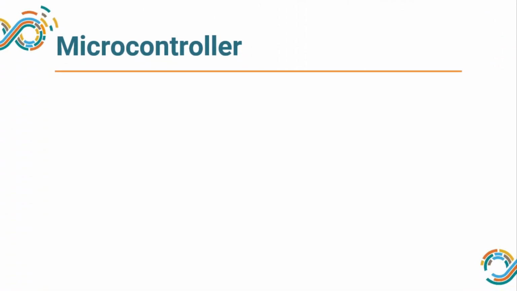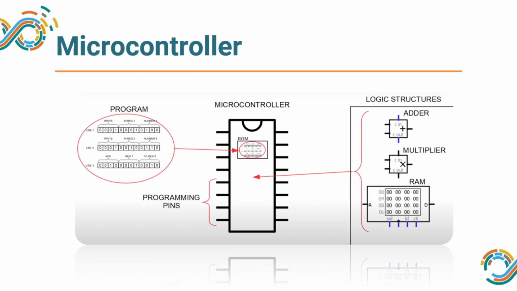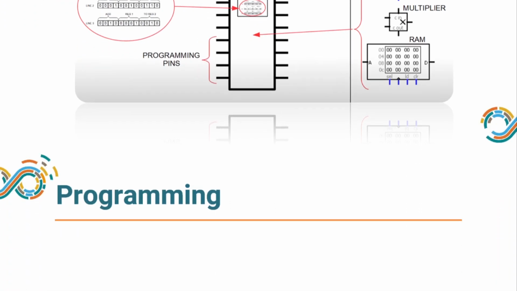So what is inside a microcontroller? The same logic structures that we have already designed come as the computing unit and storage unit inside the microcontroller. A program will come in the form of instructions from input pins. These logic structures will compute, will process those statements and generate the output, and with the help of output pins we can visualize the output processed by the microcontroller. Let us look at the programming part in a little more detail.